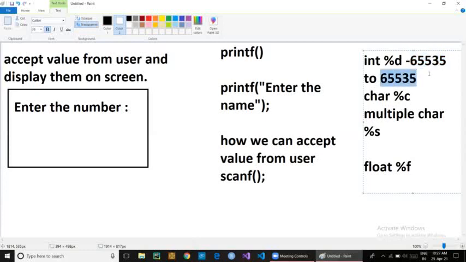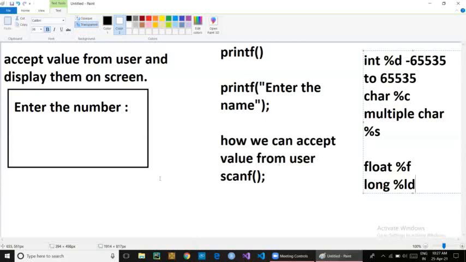If you want to store a value greater than this, then you have to use the long data type. So for the long data type, you should write %ld. I think you understood all of this.